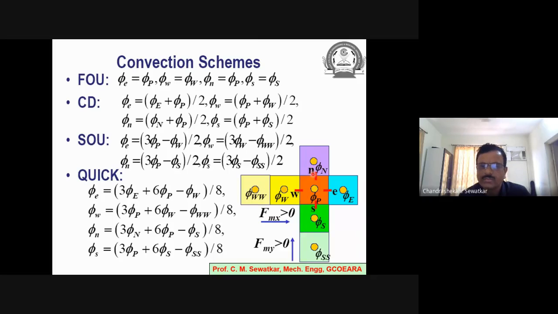If I want to find it for the north face, then it will be 3 phi P minus phi S divided by 2. And if I'm trying to find out for the south face, then it will be 3 phi S minus phi SS divided by 2. So we are using two upstream values. Similarly, we can